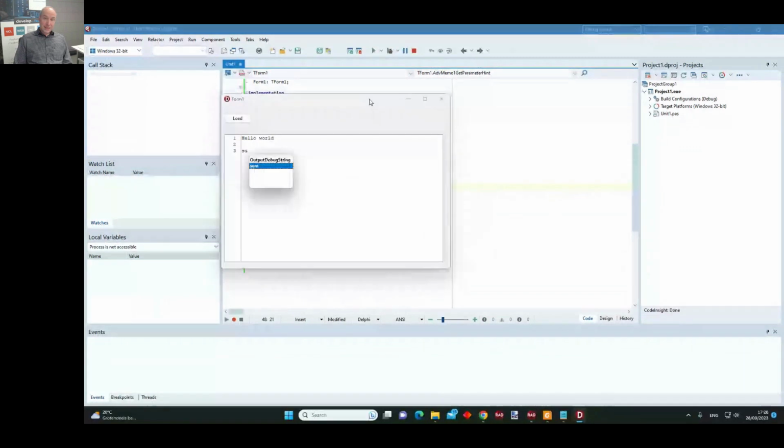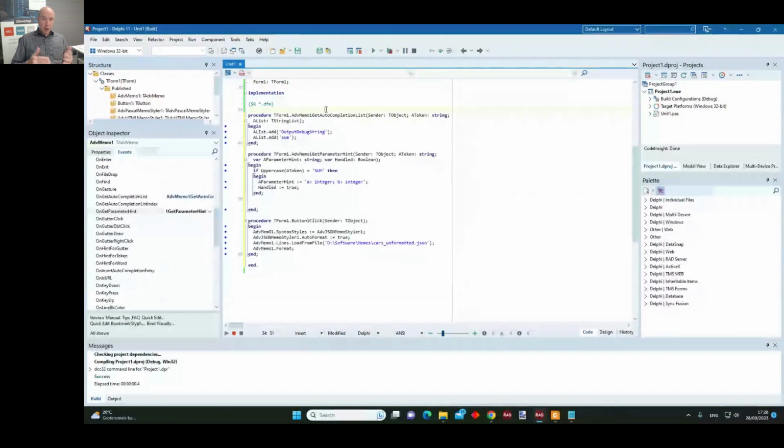So if I press SU, I have the sum, and now you can see that I have these two parameters possible that is shown in the hint. You can see the first parameter highlighted, and then I see the second parameter highlighted when I have typed it. And this way you can fully customize the experience of auto-completion and parameters for certain functions for your auto-completed functions.